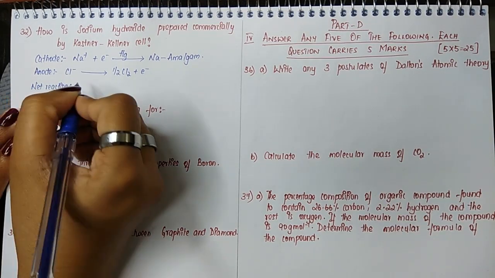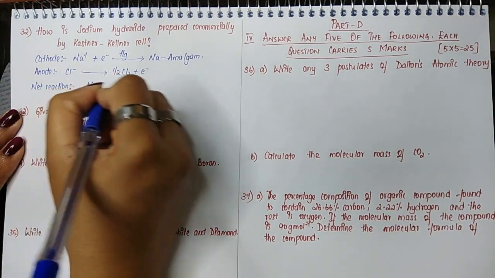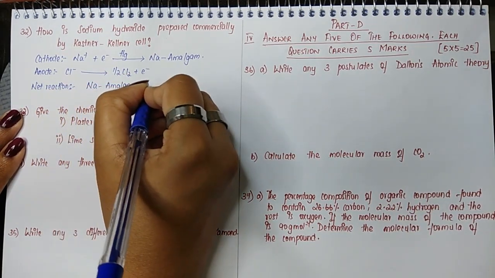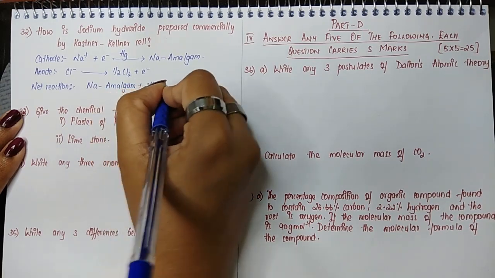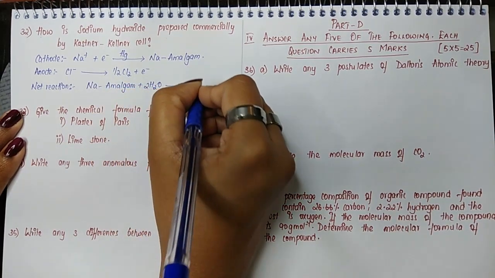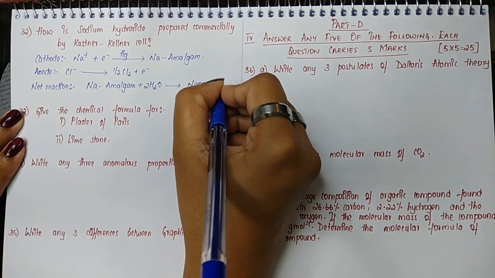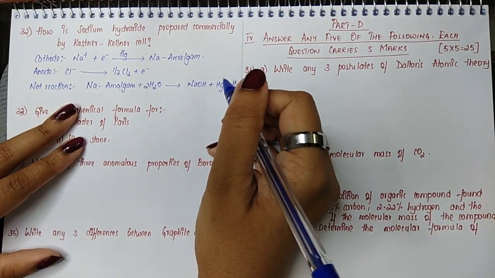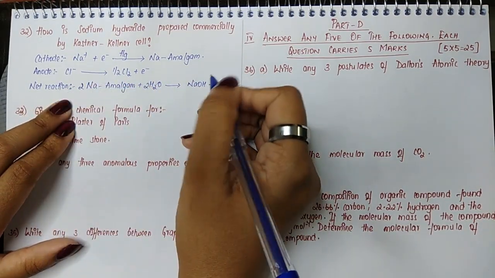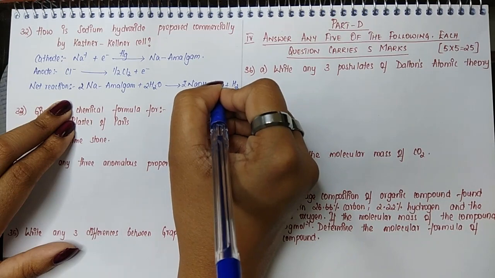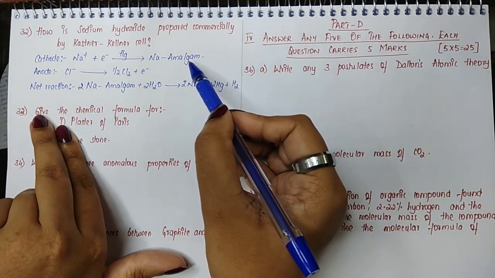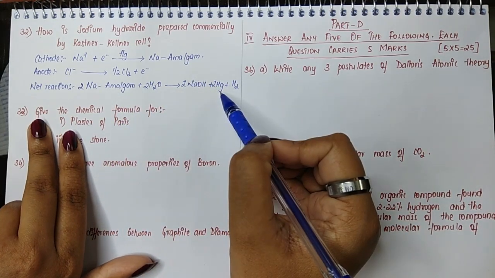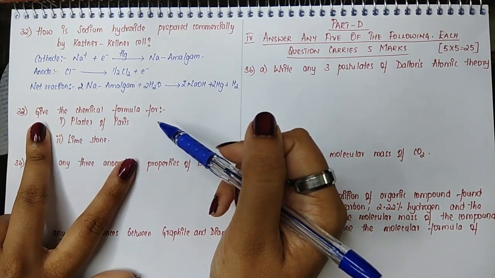The net reaction is going to be sodium amalgam plus water molecule giving sodium hydroxide plus mercury plus H2. We need to balance this entire equation. So we have 2 of this here, 2 sodium hydroxide and 2. So cathodic reaction carries 1 mark, anodic reaction carries 1 mark, net reaction carries a 3rd mark. So it's a 3 mark question.